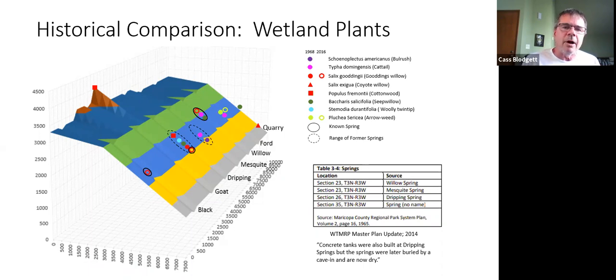It's sort of a numerical model of the mountain range, at least the eastern slopes of it, turned into a piece of graph paper that I started plotting points on. And as I started to do this, it occurred to me that what I really should focus on for one of these studies is I should look at all of the wetland plants, all of the plants that have an obligate wetland association,